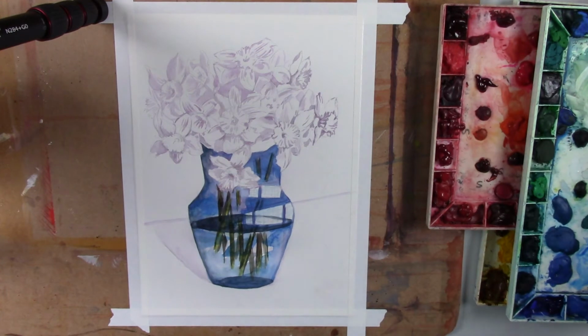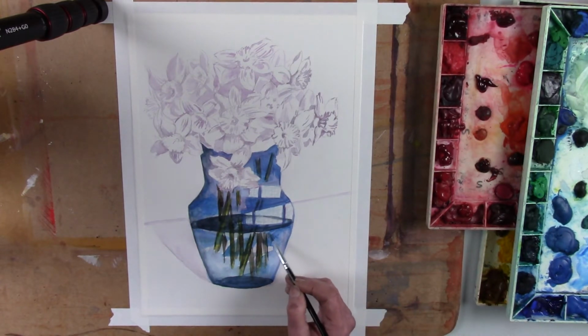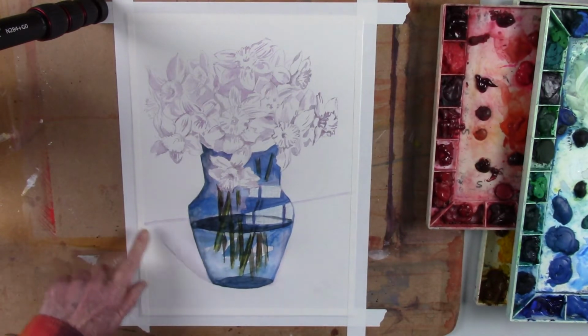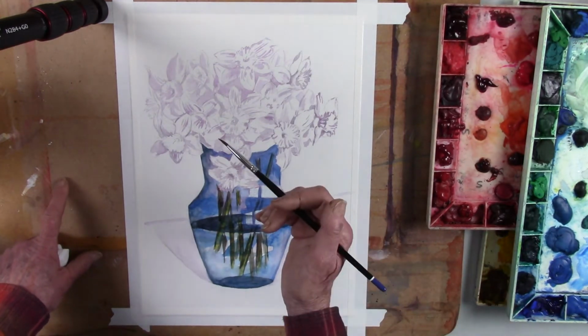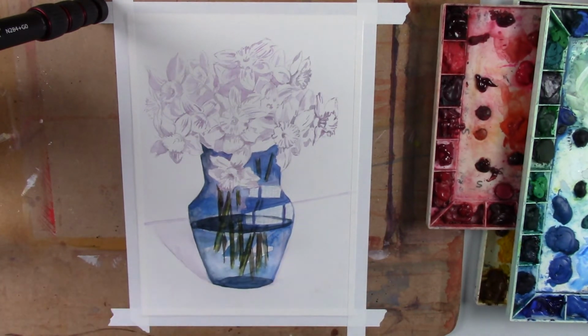Okay. I think that needs to dry before anything more is done on it. I haven't decided yet what color the table will be or what color the wall will be, but certainly there will be a shadow, as there was. The light is obviously coming from this side here, and it's very bright light leaving this window pattern here. One of the things I will do is